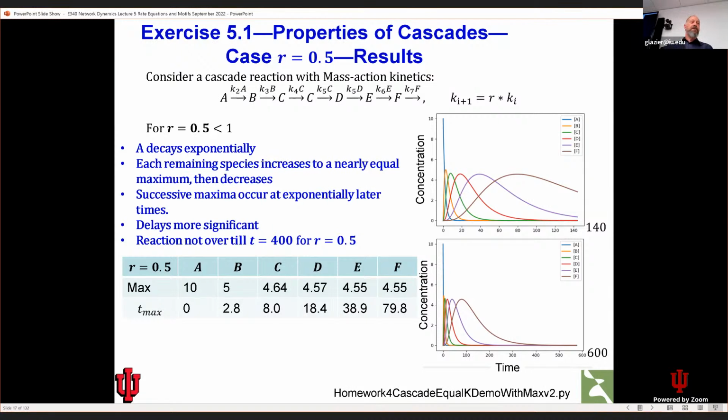And in biology, you'll often see this kind of cascade. A goes to B, goes to C, goes to D, goes to E, goes to F, goes to G. And you'll say, why not just go from A to G in one step? Well, sometimes it's because you have to have a lot of intermediate chemicals. Sometimes it's because doing these steps allows you to have very careful control over the amplitude and timing at which